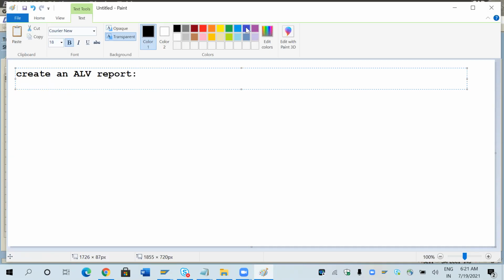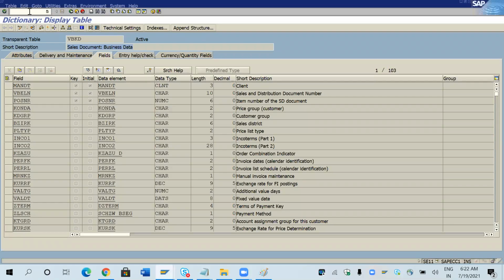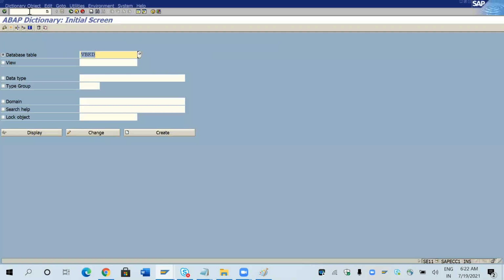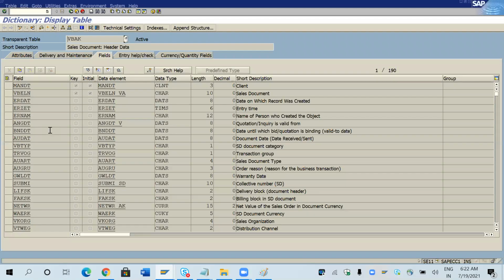I want you to take some fields from VBAK, the sales orders header details table, and you can take some fields like VBELN,